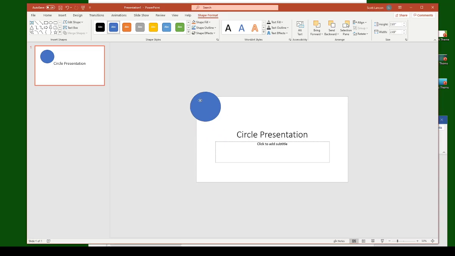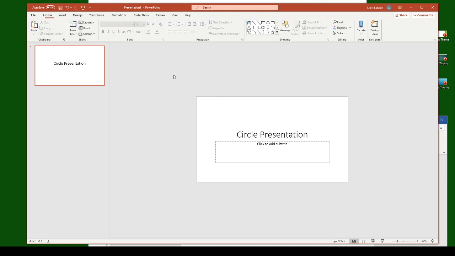Now there are movement things that you can do. You can have these do a movement. Once again, topic for another day. But you can have it move in at a certain point during the presentation, and it will come from the outside and gracefully slide into the inside of the presentation. Once again, topic for another day, but that's how that works. Okay. Now the book